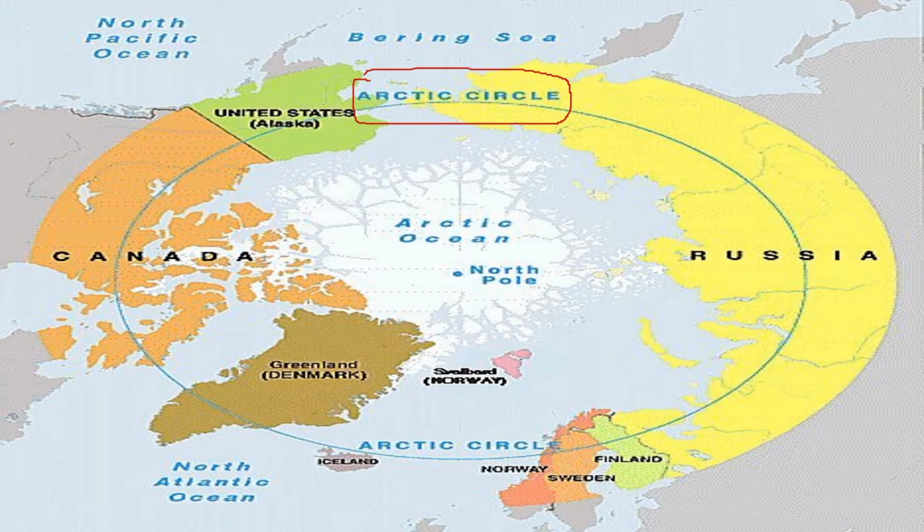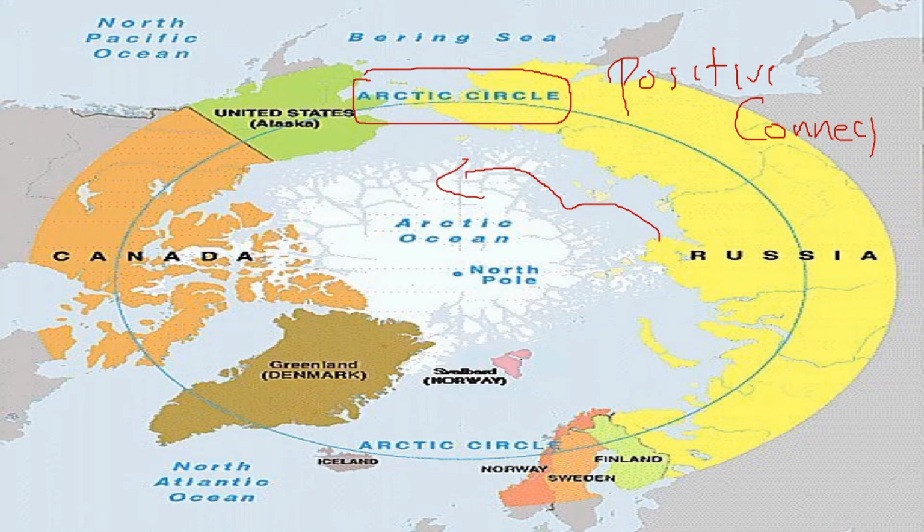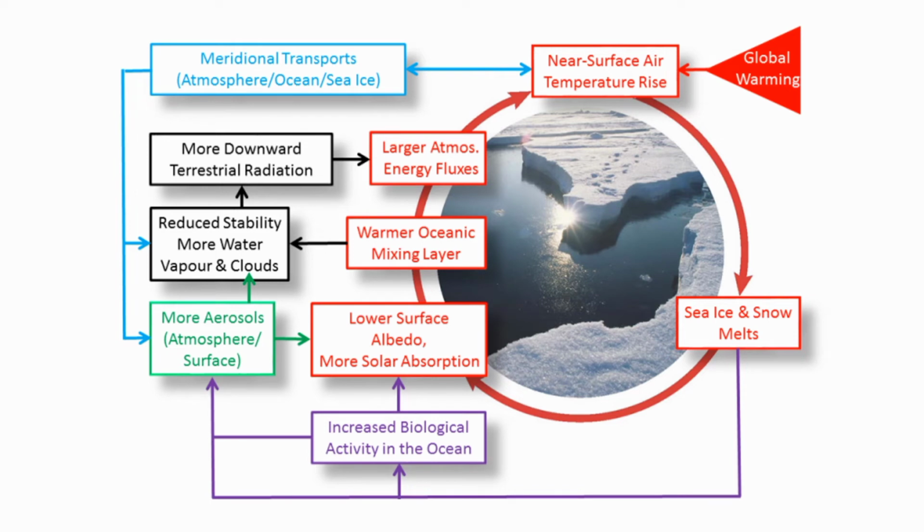You know why this region is now gaining much more geopolitical significance? Because this thawing of the Arctic region has given a positive advantage to these countries to have more connectivity options. And they have possible connectivity to the other parts of the continent through this region, especially Russia. So all the geopolitical eyes are on this region, and above that, when this ice thaws, there will be a lot of resource deposits in this region, which is also very good for these countries since they are facing a fossil fuel crisis. So this is the feedback loop of Arctic amplification.